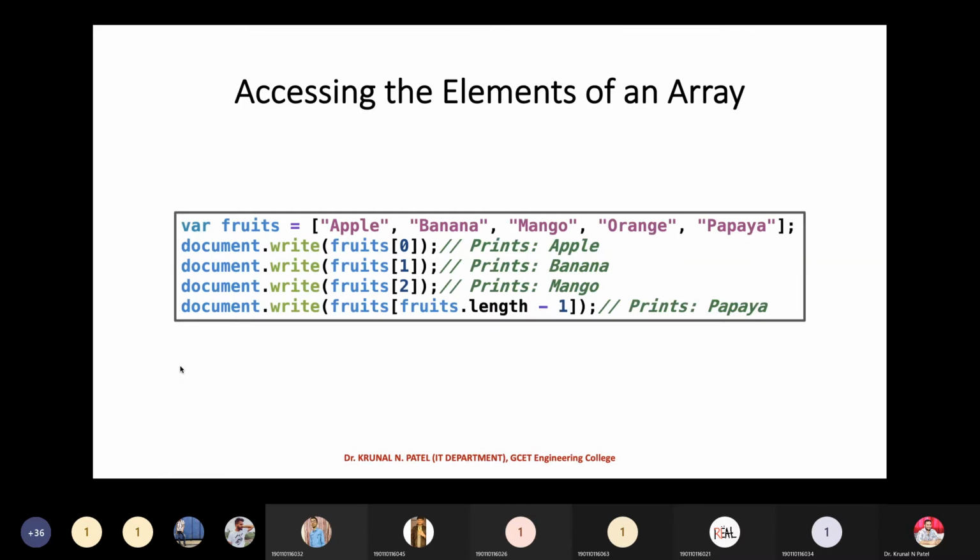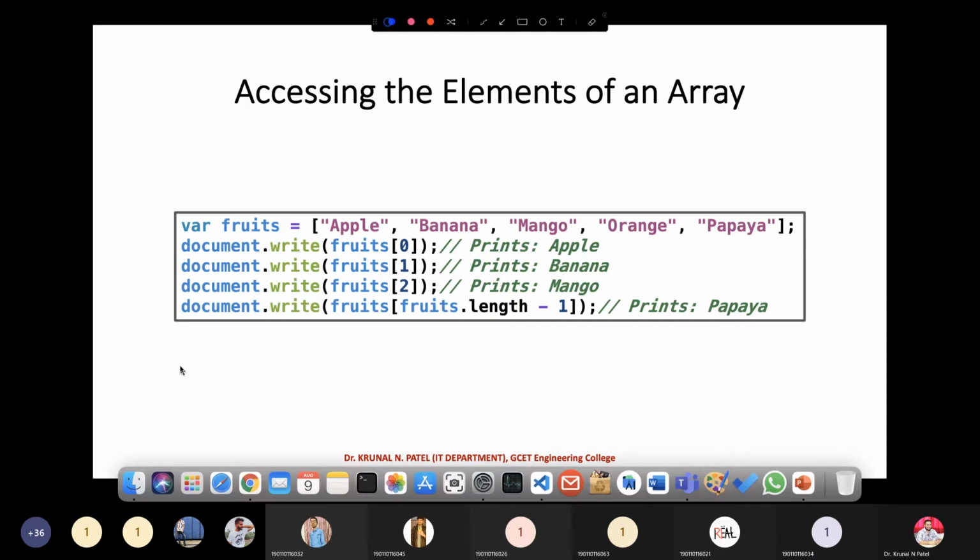Now, how can you access the elements of an array? Suppose this is my array, fruits is an array: apple, banana, mango, orange, and papaya, with indexes 0, 1, 2, 3, and 4. Now you can see fruits of 0 prints apple, then 1 and 2.